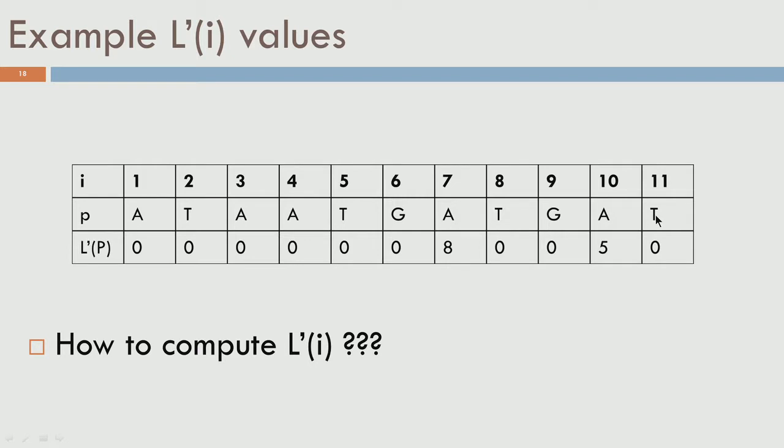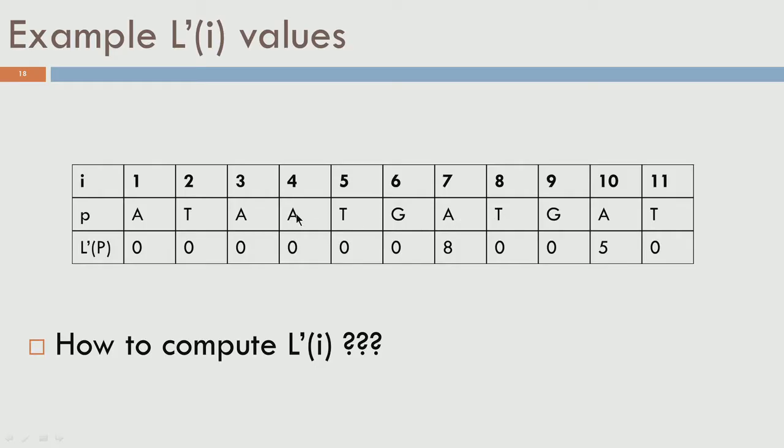Let us see what is the prefix of P for which this is a suffix, and for that match G is not the previous element. G does not occur immediately to the left of this particular match. So, let us just see this. In particular, let us look at the possible values for L prime of 7. L prime of 7 can definitely take the value 8,